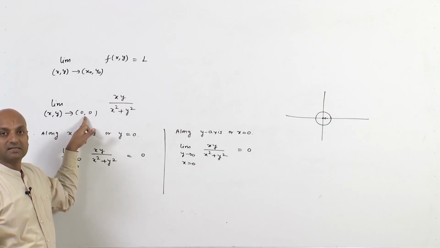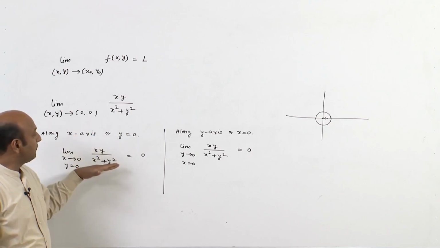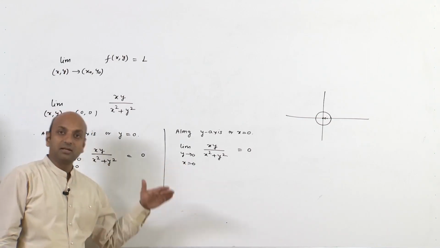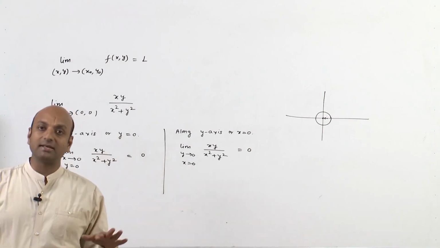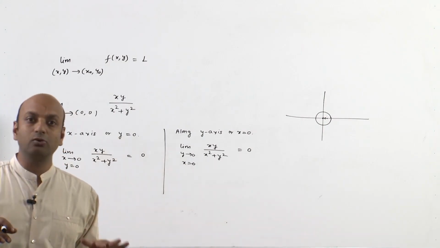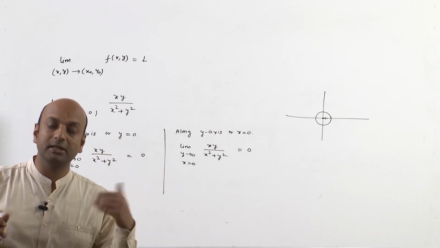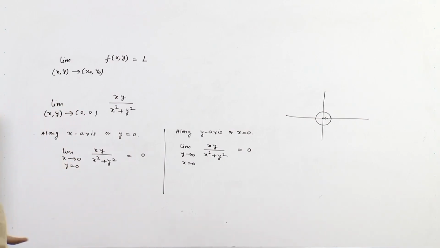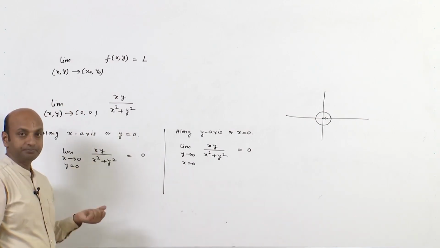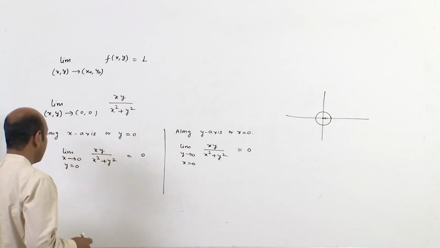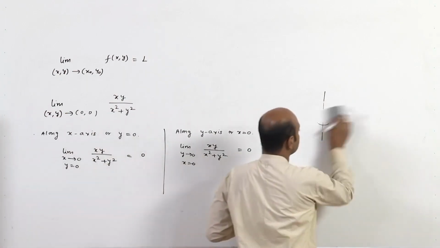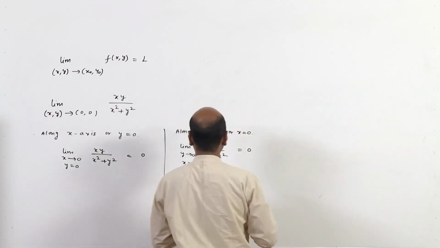And if from two paths the values are the same, it does not mean that the double limit exists and is equal to 0, because there may be some other path from which the value of this limit may be different. For example, if you move along y equal to x,